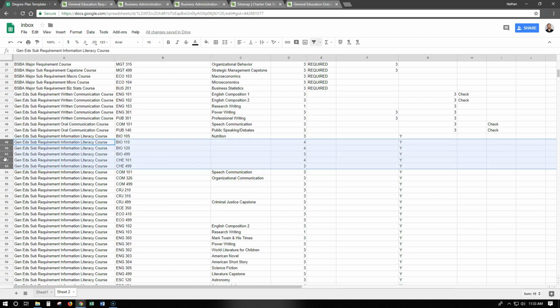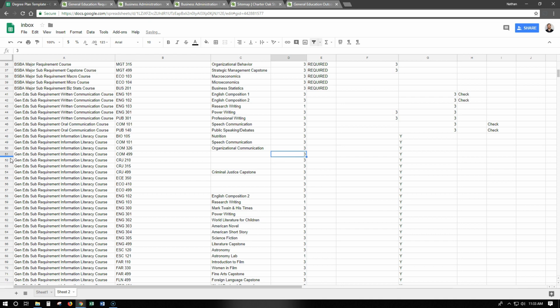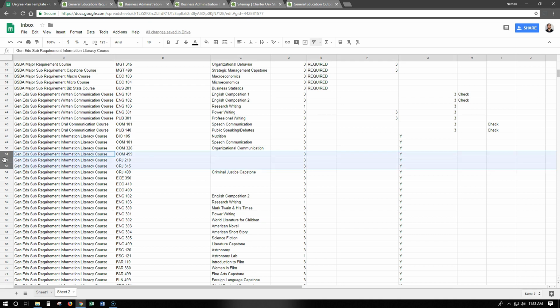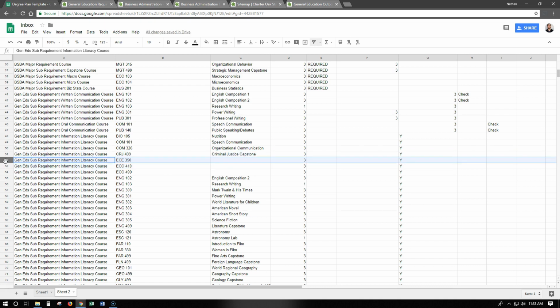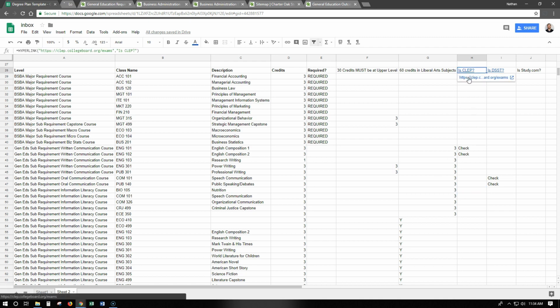So anyway, go through here and just continue to delete sections that you know for sure that you wouldn't want to take until you've whittled it down to a bunch that you would be willing to take. And let's say you're willing to take all of these. Now for the last step. Information literacy. We need to know if these things are CLEPs, DSSTs, or study.coms. And do we know if that is true? Well, how would we know? We would know by saying